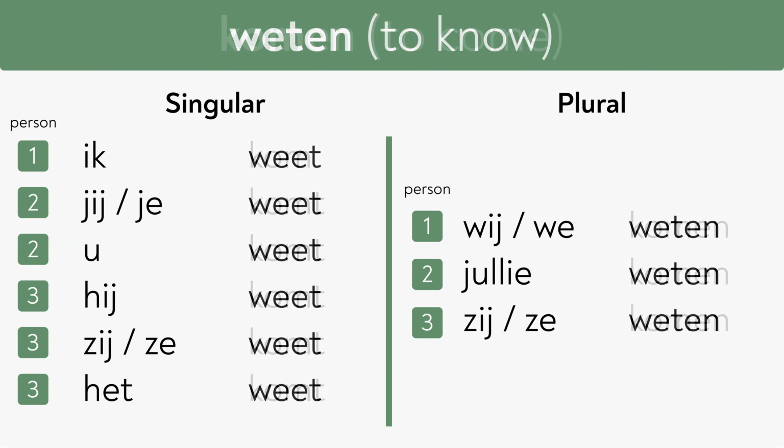zij komen. Weten isn't actually very irregular, but remember the rule that a verb stem can't end on a double identical consonant? Well, that rule is the same for the conjugated verb. The stem of weten is weet. So this conjugates to ik weet, jij weet, u weet, hij, zij, het weet, wij weten, jullie weten en zij weten. And as you can see, we don't add the extra t here because the verb stem already ends on a t. An extra letter would be redundant.